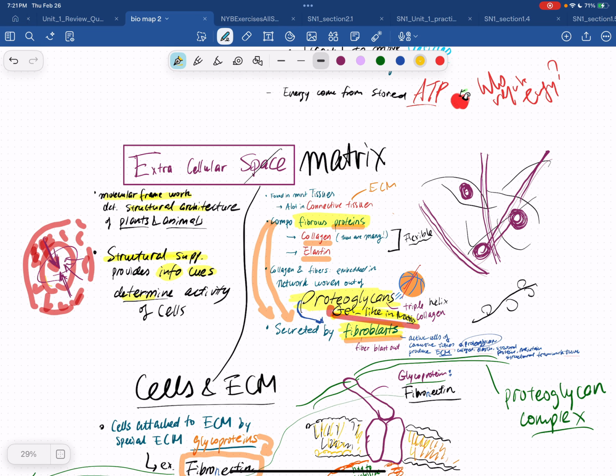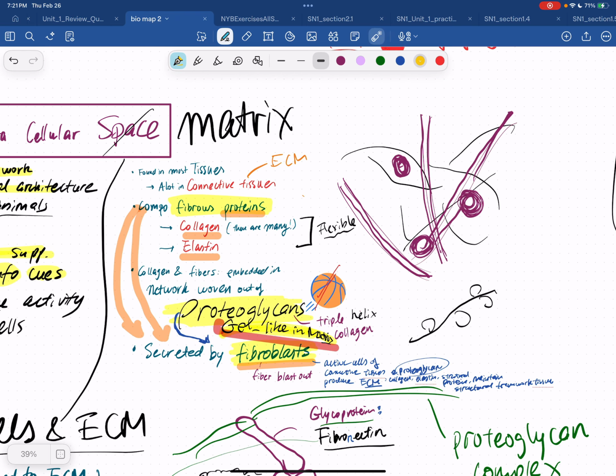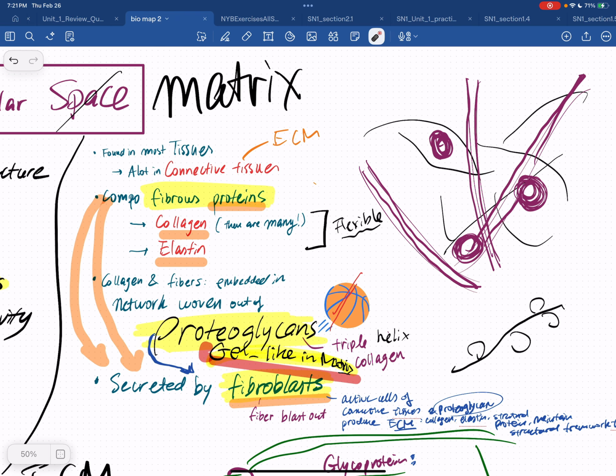So the cells are going to do their work depending on what these signals tell them, and these signals can actually modify their activity because of their environment. These matrices are found in most tissues, but they're most commonly found in connective tissues. Extracellular matrix is found a lot in connective tissue and also, I think, in hurt, injured tissues,